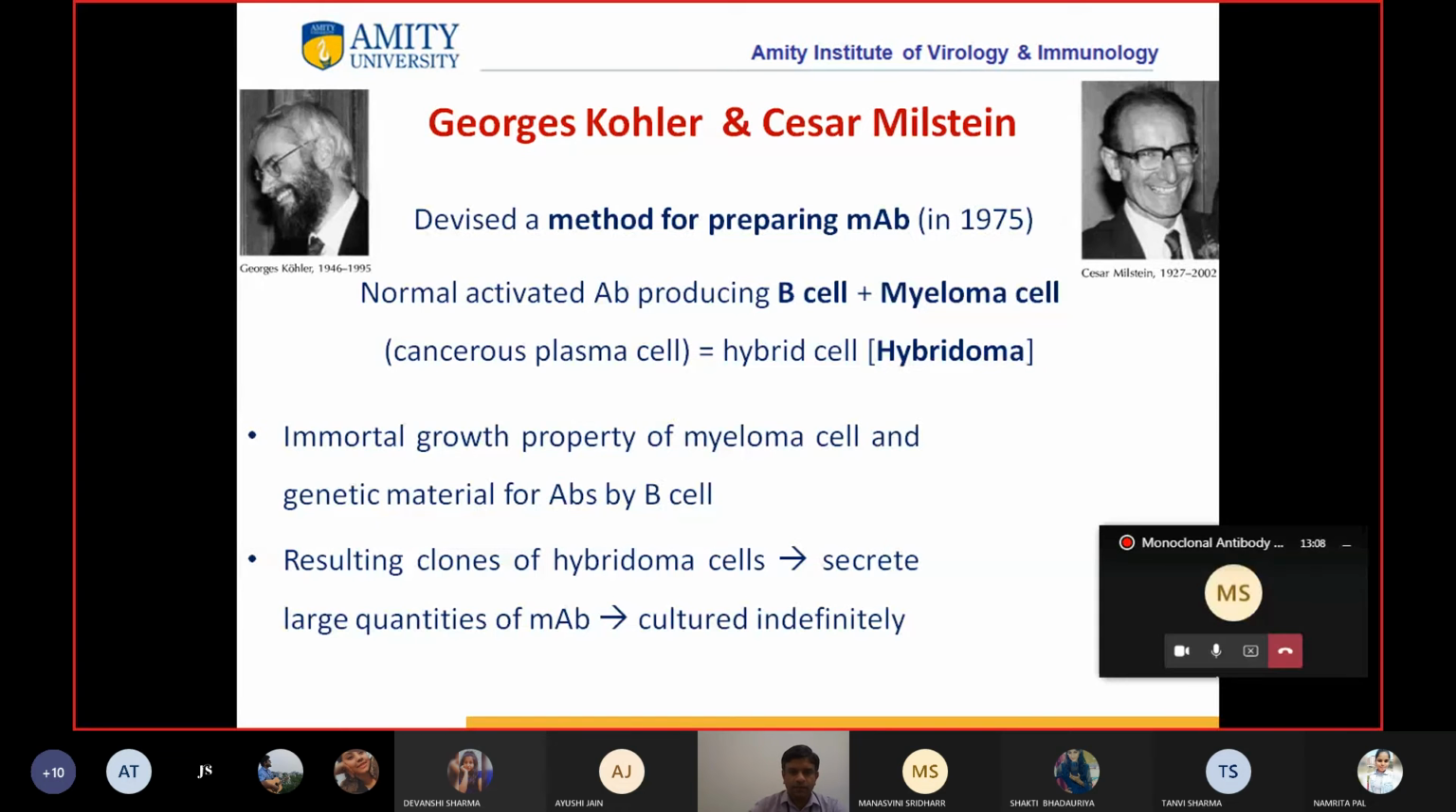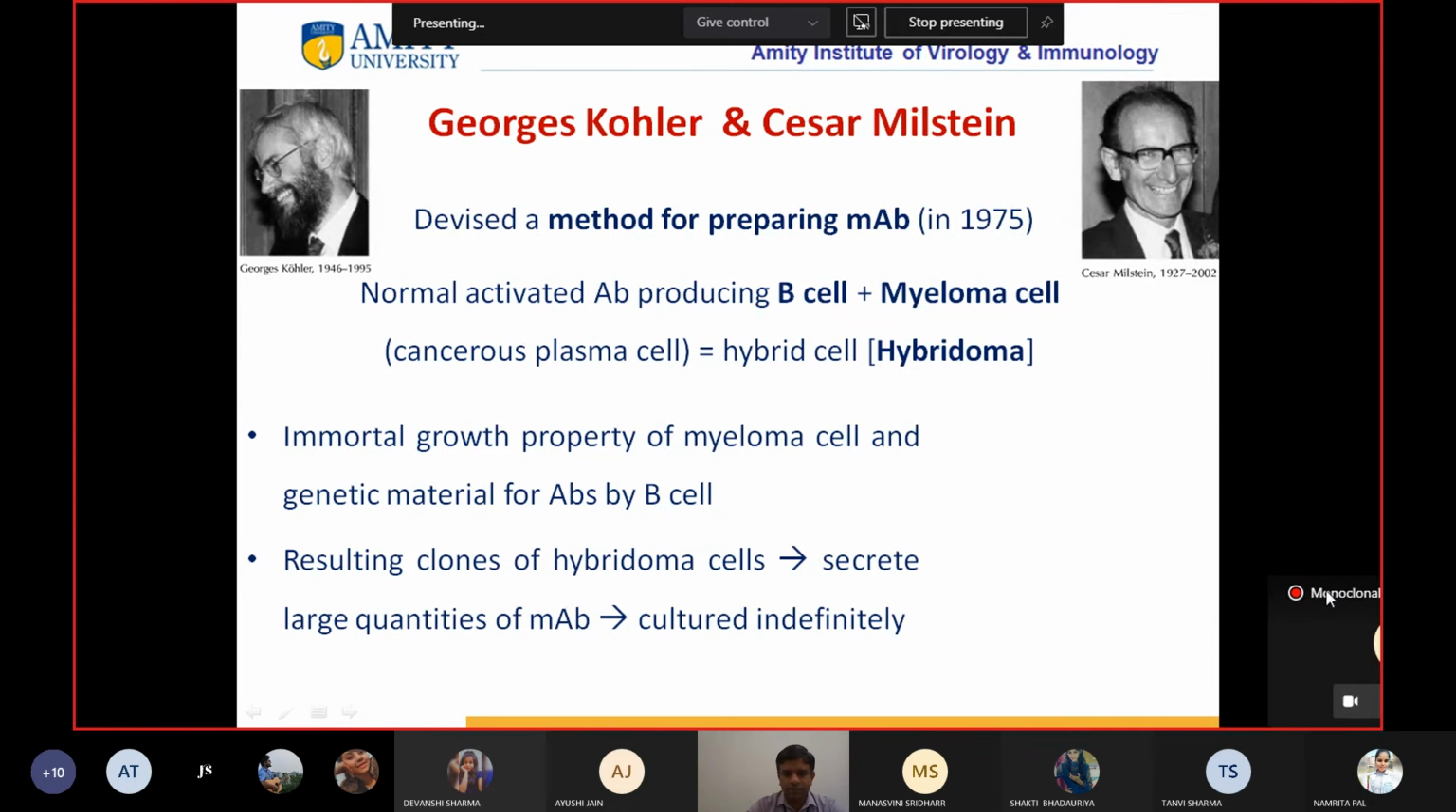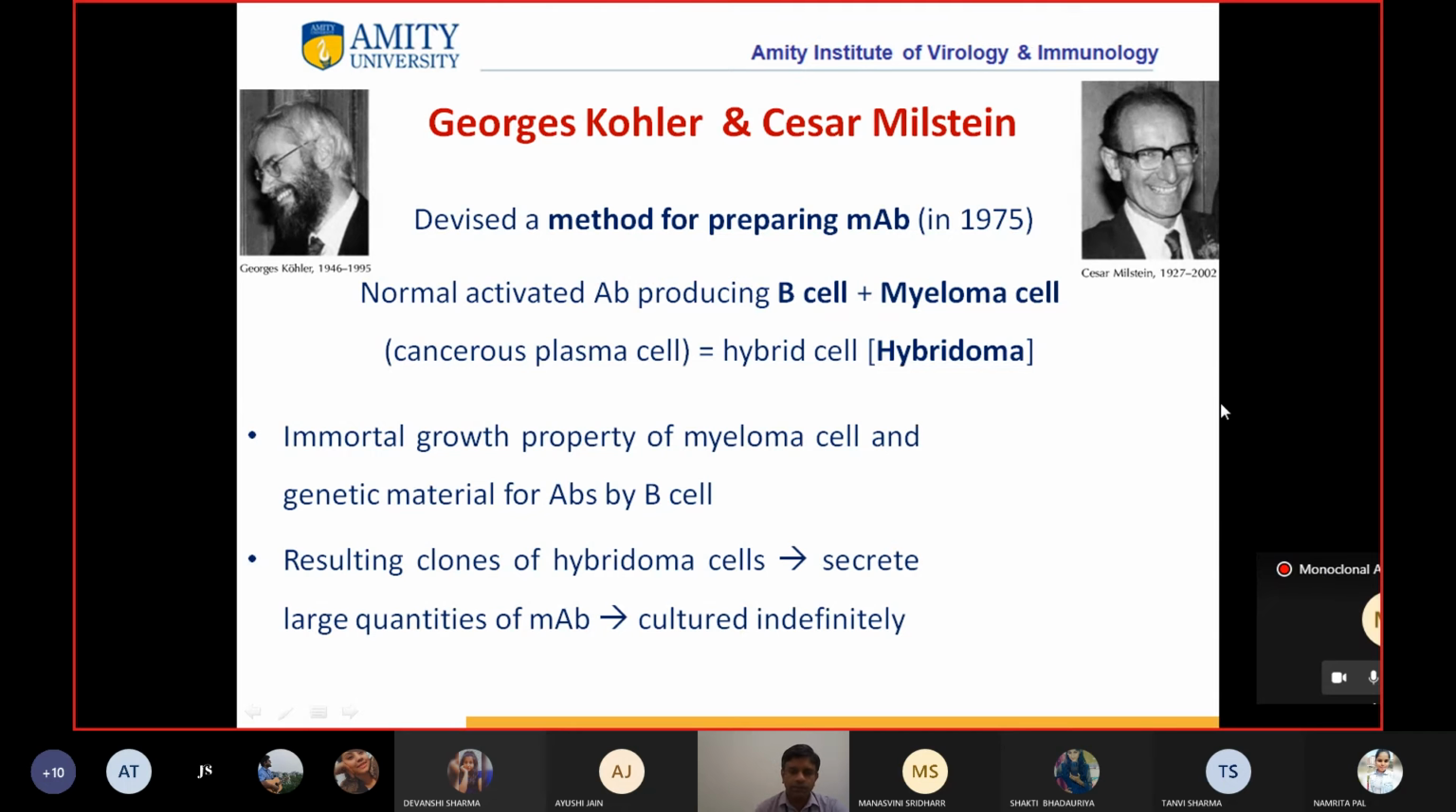Okay, so we have already seen that George Kohler and Caesar Milstein came up with a method for preparing monoclonal antibodies. The basic idea was to fuse a normal B cell, which provides the genetic information for the production of antibodies, and a myeloma cell. And we have already read about the myeloma cell. It's a cancerous plasma cell. So the method was to fuse the two cells, make a hybrid,